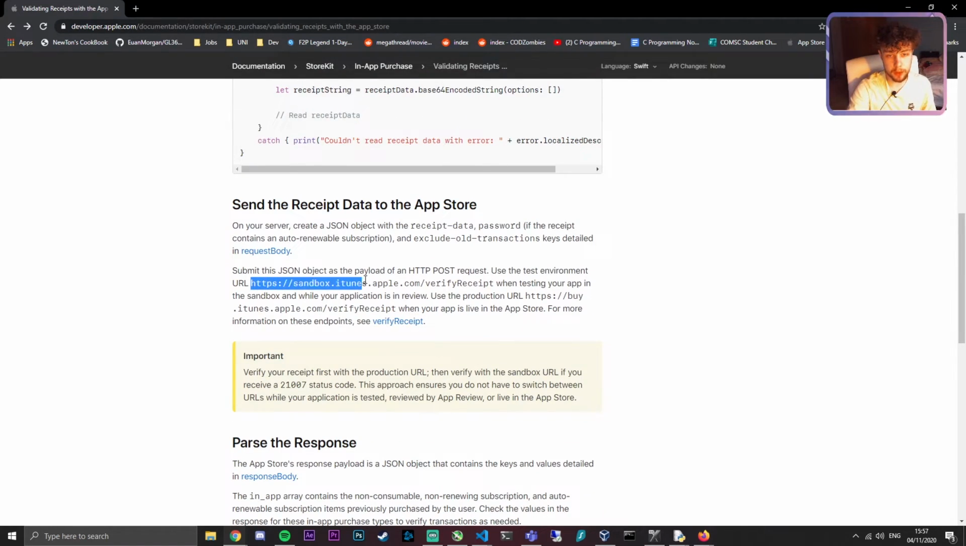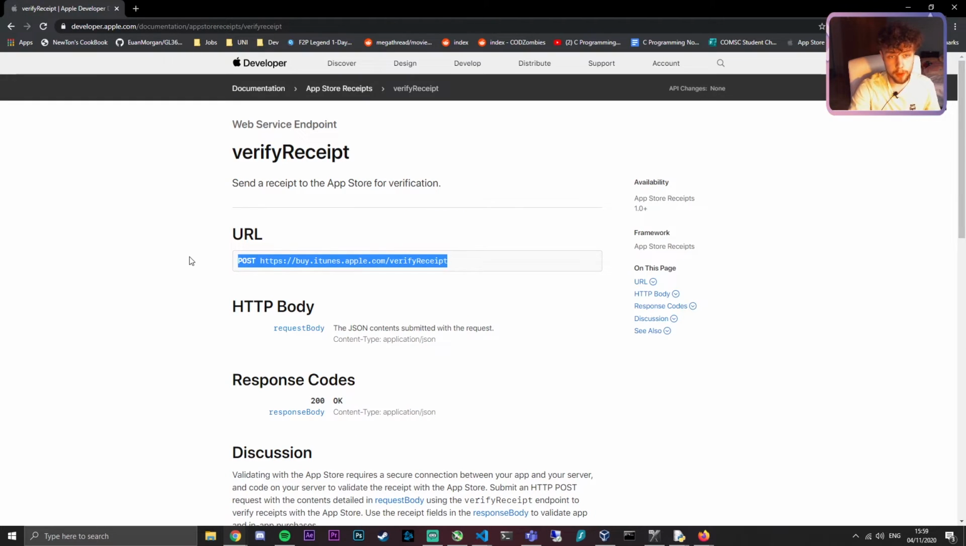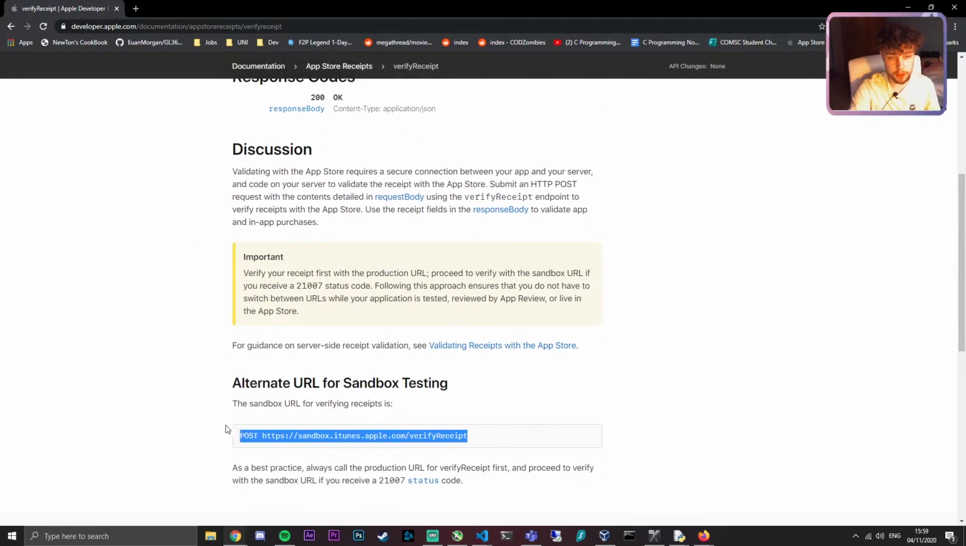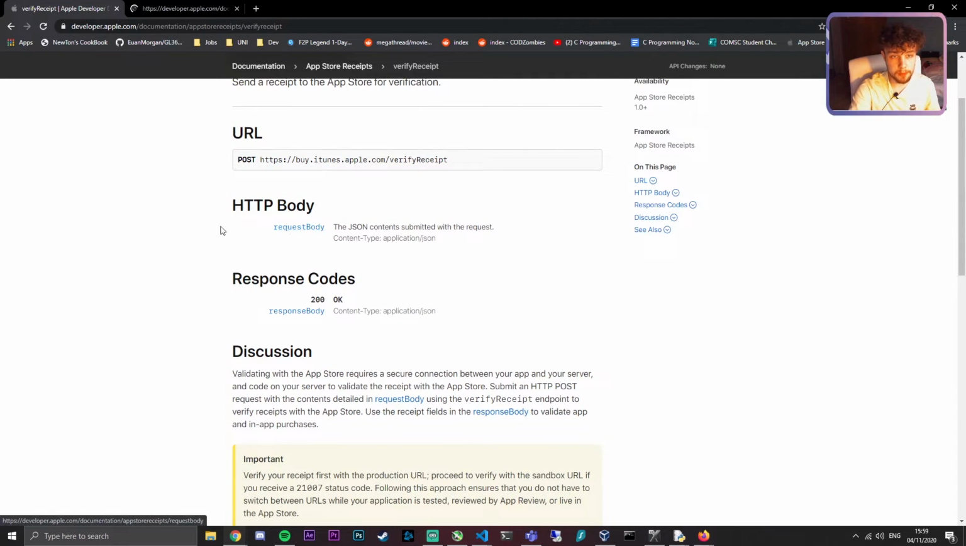So we want to send a post request. For testing, we're going to use this endpoint. For production, we're going to use this endpoint. But it says here, the best way to do this is to first verify with the production URL. Then, if we receive a 21007 status code, verify with the sandbox URL. So obviously, I'm just going to be using the sandbox URL because in order for me to use the production one, I'd actually have to get the app published, which would probably require me making a sensible app. I don't think they're going to publish my one here of this dog that you have to pay $6.99 a month for. Post request is going to go to the sandbox URL, and we're going to send this request body,